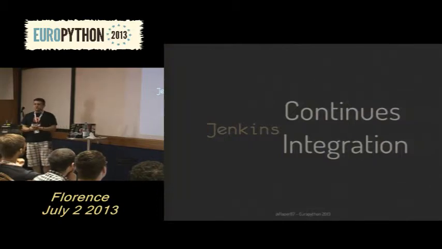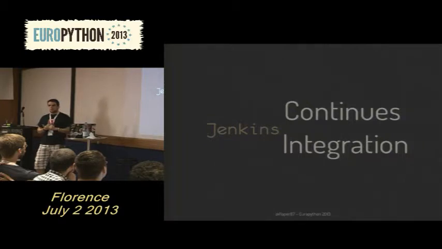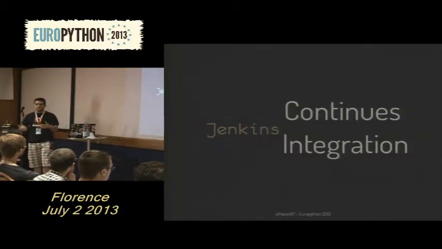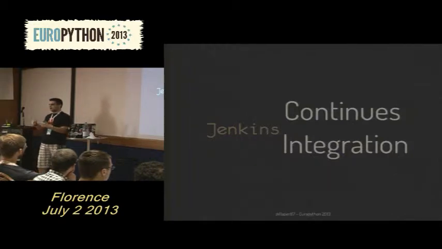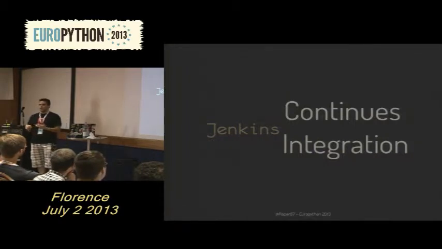We use Jenkins for continuous integration, so every time you submit a new patch, and it gets into Gerrit, there are a bunch of jobs running under the hood, and they check many things, like PEP 8 compliance. If your code is not PEP 8 compliant, it won't get in. And that makes it much easier for those of us reviewing the patches, because if your code is not PEP 8 compliant, it will tell us, and we're just not going to review that patch until it's PEP 8 compliant.